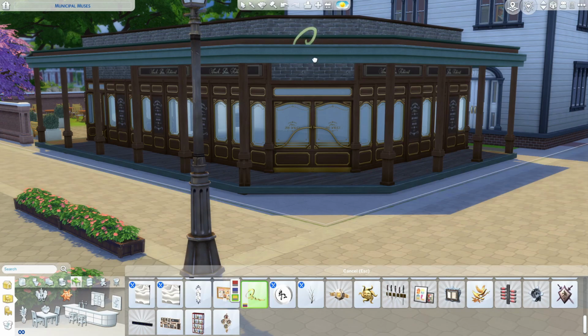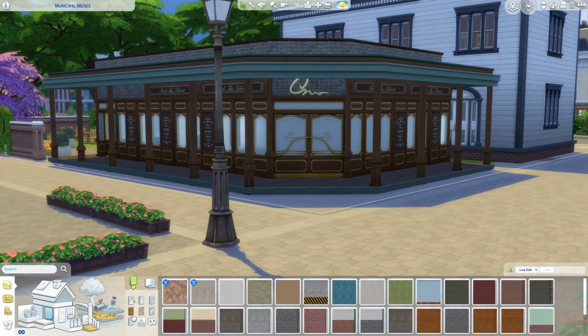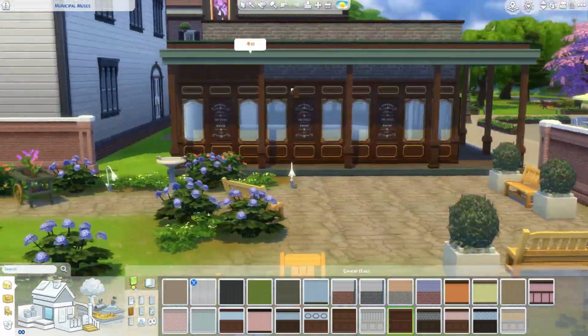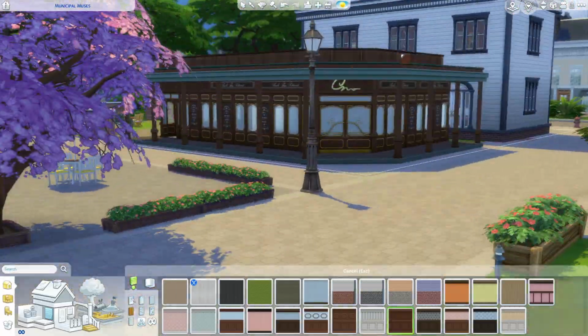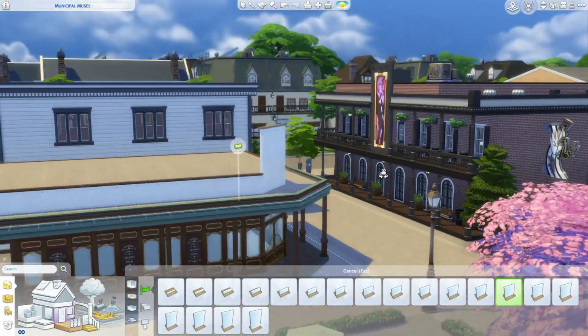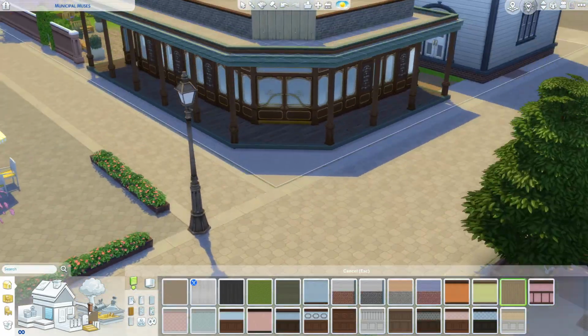But I guess that's kind of realistic. Museums aren't always that crowded. I mean, the type of museum that is in Willow Creek, I can't imagine that getting very crowded anyway, given the type of stuff that's inside it. But yes, with the mod installed, it does work a bit better, and I'm quite pleased with that, because